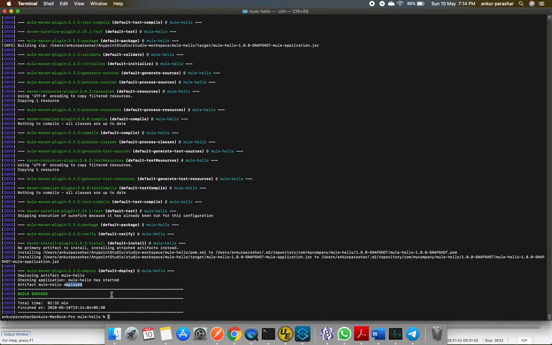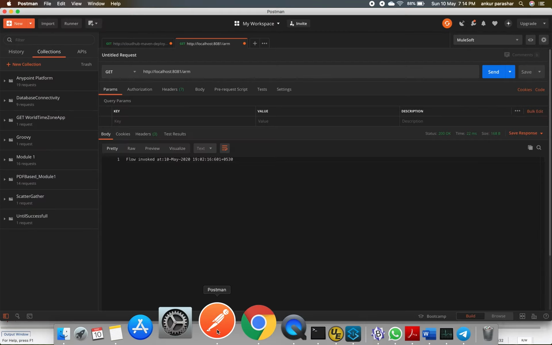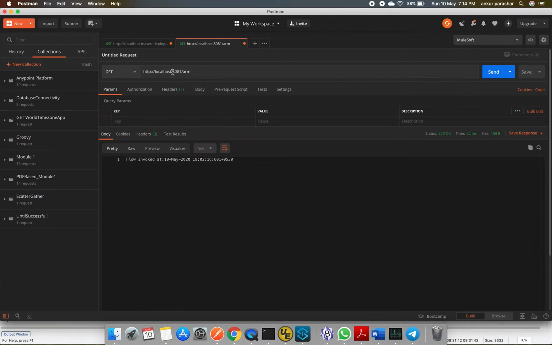Now since this Mule runtime is running on your local machine, in order to test that we have to resort to our localhost only. In the actual server scenario or on the environment, it could be a specific machine name as well, on which your server is registered on the control plane, that is the CloudHub control plane.